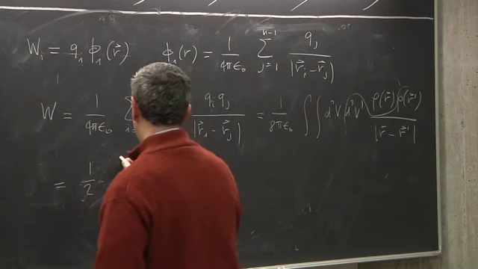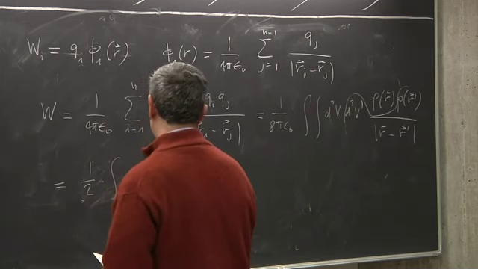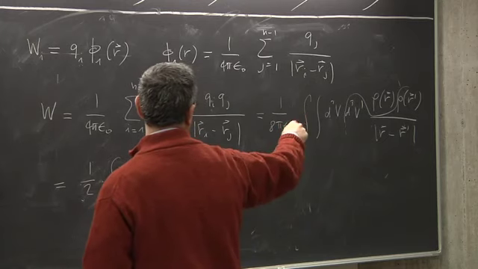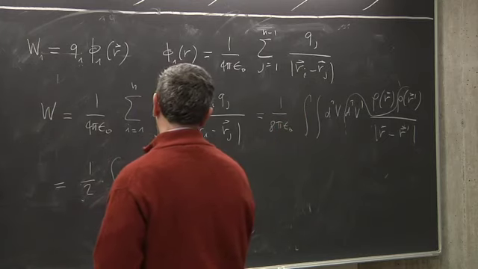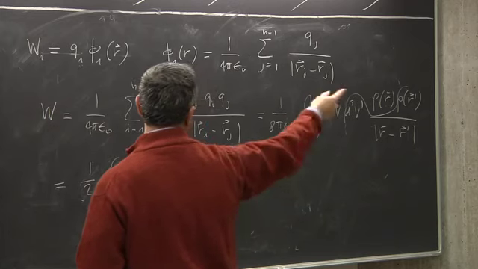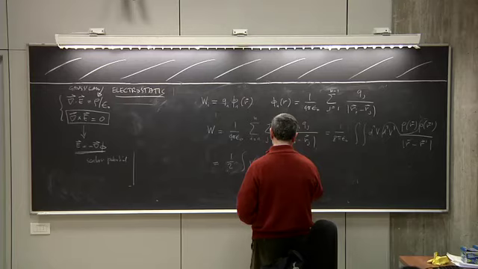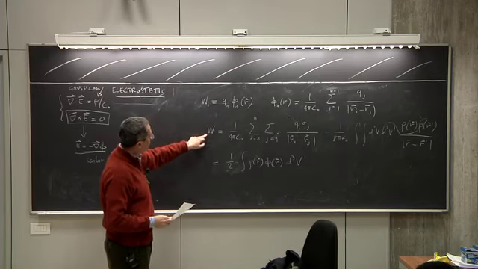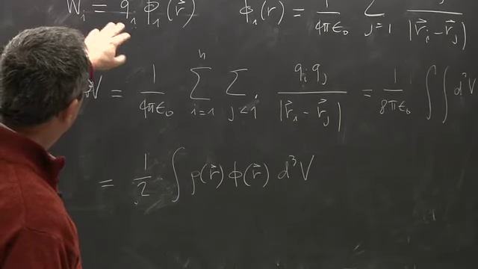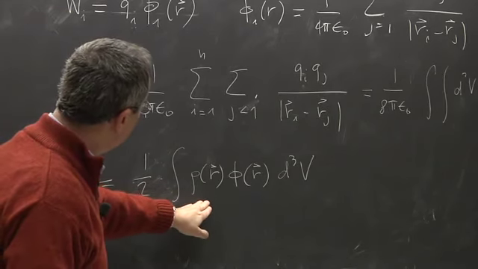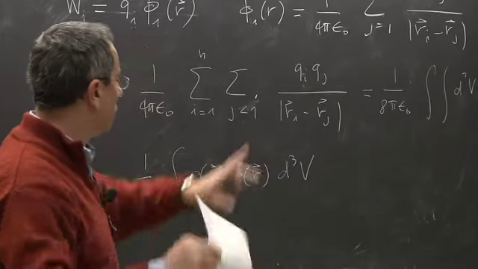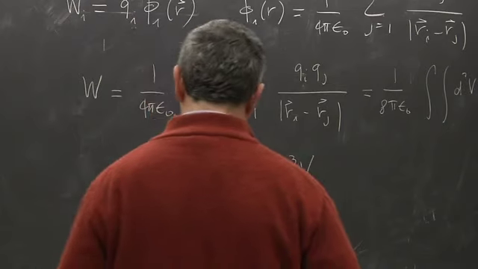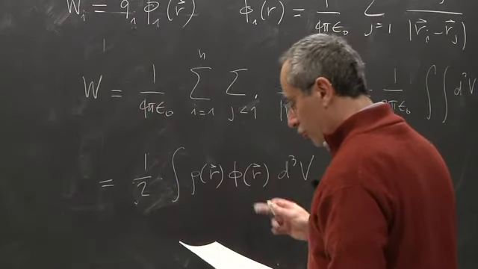So I get 1/2. Then I can integrate the density in the point r, and instead of doing the other integral, that integral itself is just the potential in r due to the other charge distribution, right? So this is again the energy of a system of charges written in terms of the density of charge in r and the potential due to the other charges computed in r, and then you integrate over this volume. And now I can use the